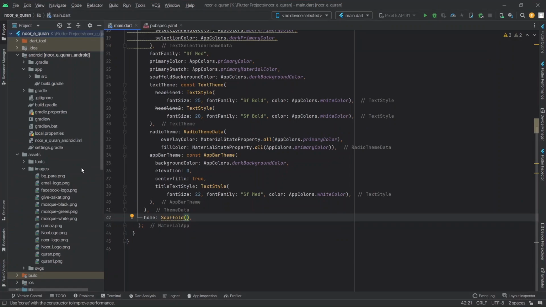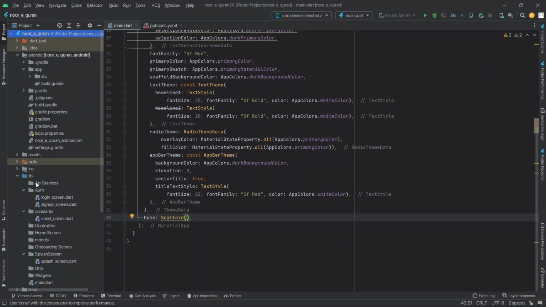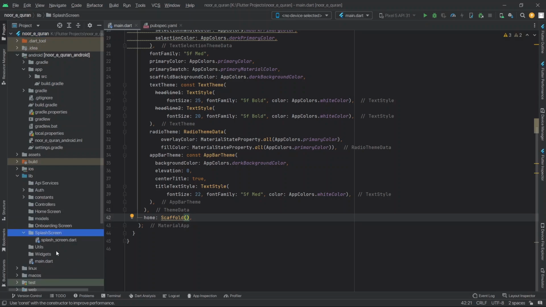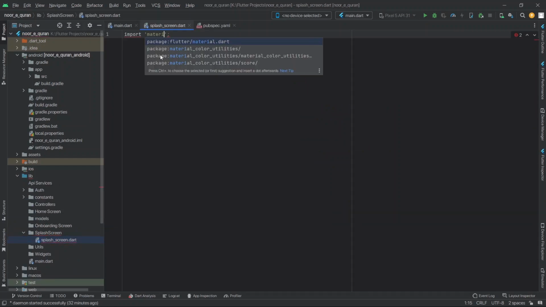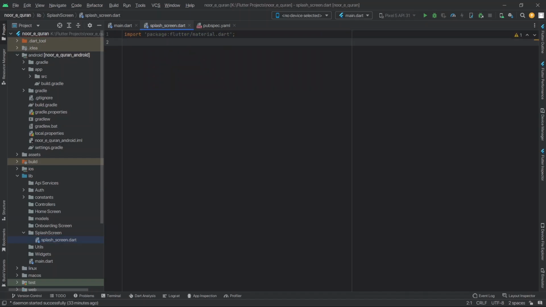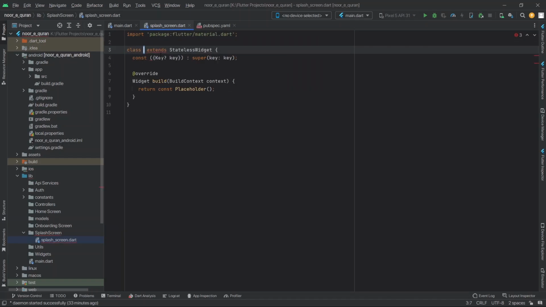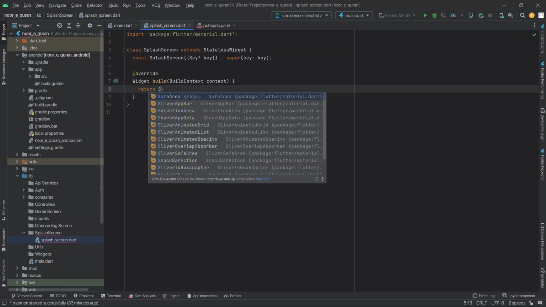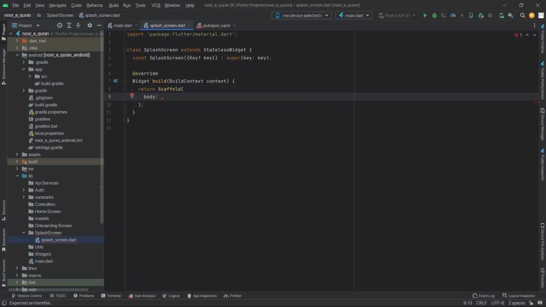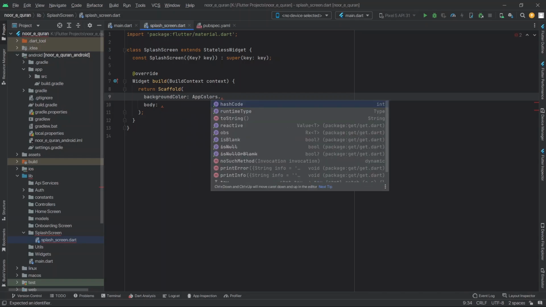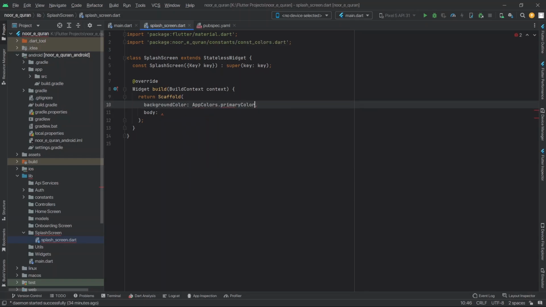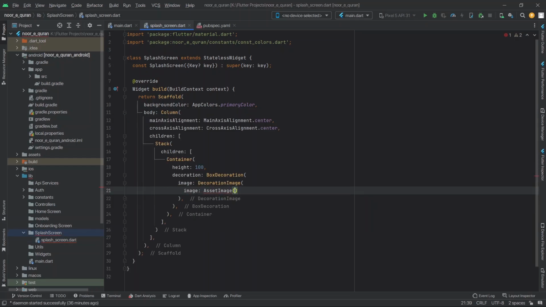Create a splash screen for your Noor Quran app. You will need to create the splash_screen.dart class. Firstly, we start our splash screen with the import material. To use the images, assets and fonts, you have to download the assets, and I will provide the link in the description. I am simply returning a scaffold widget with the background color of AppColors, your primary color, which is actually a green color,